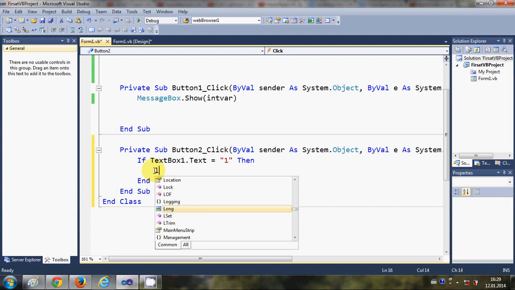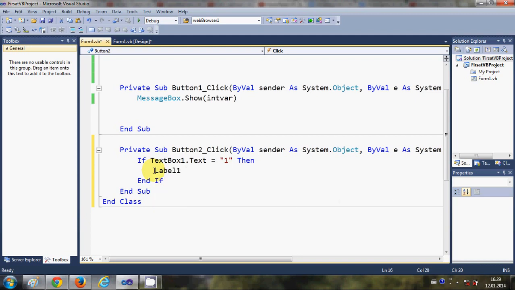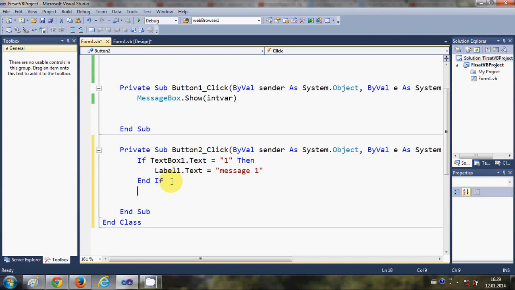So I will write Label1, which is the name of my label, dot Text is equal to, and I will say on Label1 I want to show the message 1. Okay, and now I will just copy the same code, and I will just go down below this